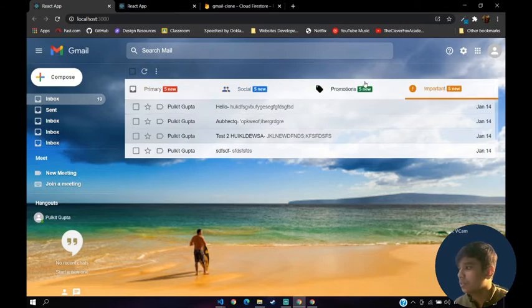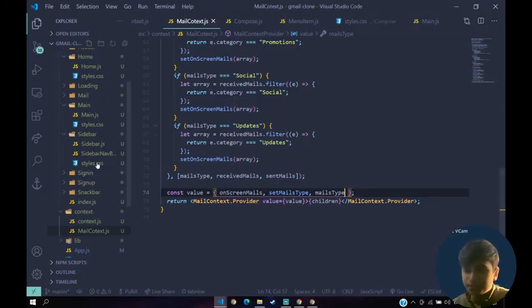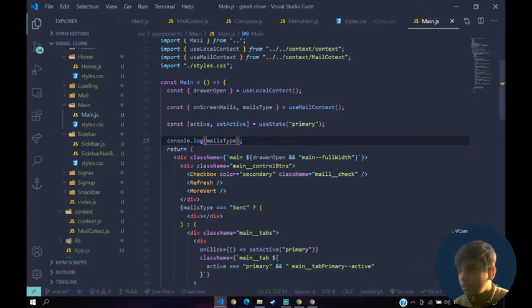Now since it's working, the next thing we'll do with the social is set this value according to social, primary and all of this stuff. Let's work upon that now. So we'll go back to our main. We need set mails type.